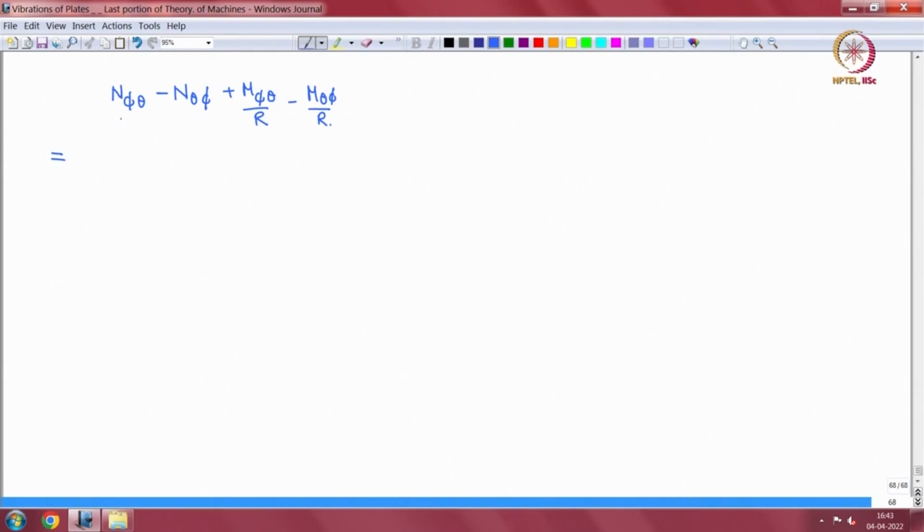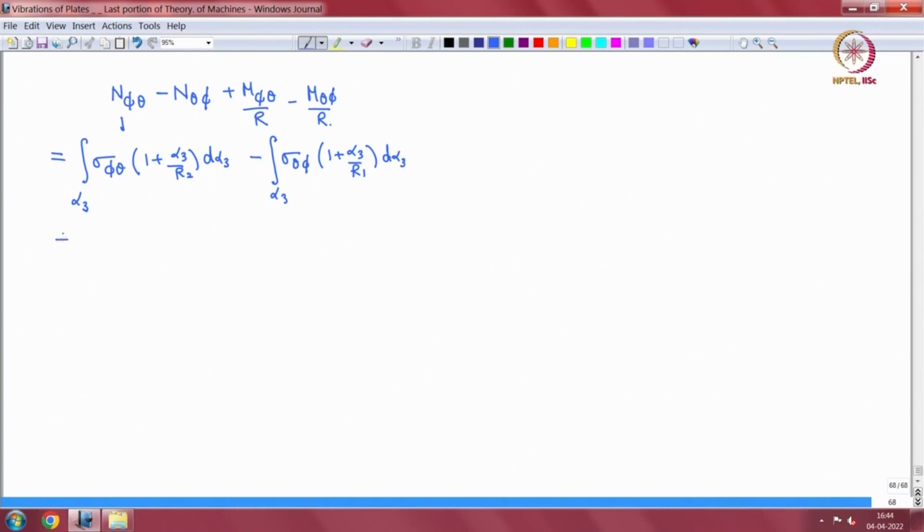So here this is integral of sigma phi theta into 1 plus alpha 3 by r2 d alpha 3 over alpha 3, minus integral over alpha 3 of sigma theta phi 1 plus alpha 3 by r1 d alpha 3,